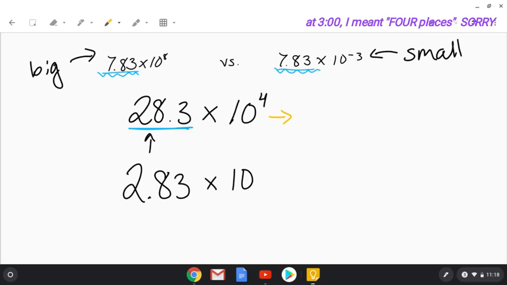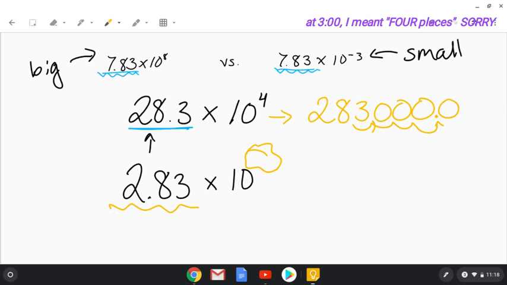So I'm just going to throw a bunch of placeholders here so that you can see this happen. The decimal was here, 1, 2, 3, 4. So this actually represents this number, agree? 283,000. So even when I change the coefficient on this number, whatever the power of 10 is that I put here, when I convert this final answer back to standard form, these numbers need to be equal to each other. I need to still get 283,000